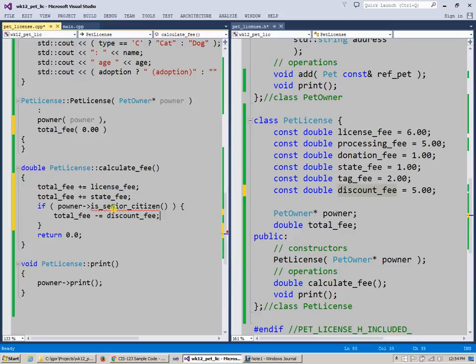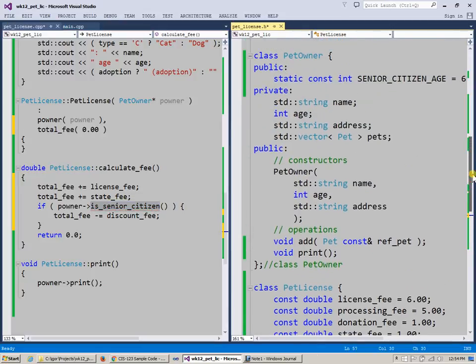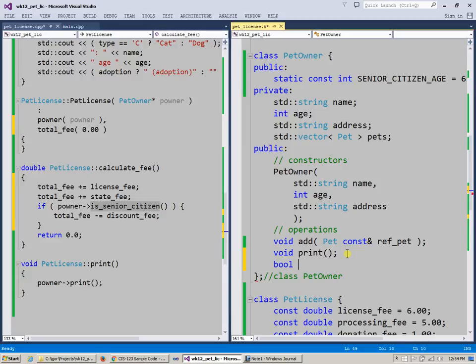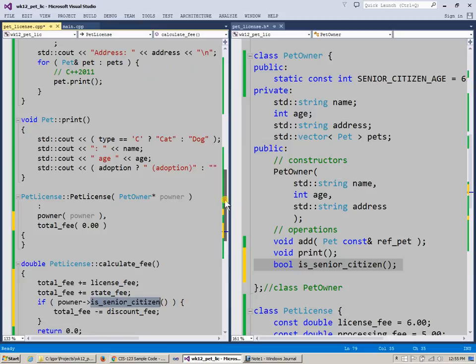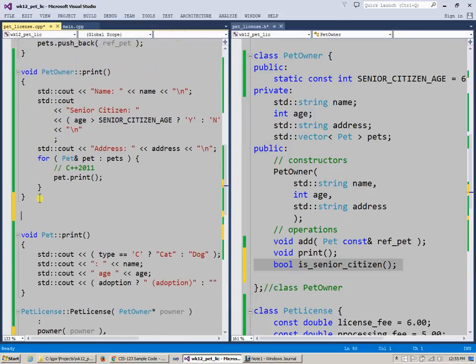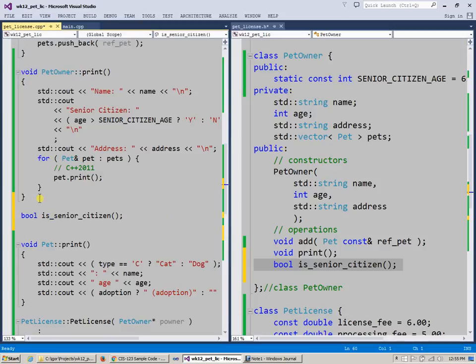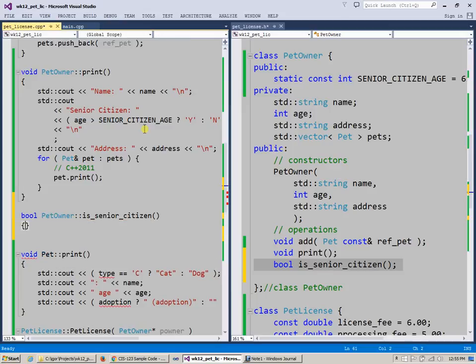Okay, so now I decided to check whether this is a senior citizen. So this is a new method that I need to add to the pet owner, right? So I'm going to say right here Boolean, whether true or false, senior citizen, and that's the function prototype. Now I can add this function prototype to the list of functions that we're implementing for the pet owner. So somewhere here, I'm just going to paste this in. Really anywhere in this class, you decide how to organize and in what sequence. But for pet owner, this is kind of trivial, right? For senior citizen, get rid of the semicolon in the function definition, and essentially return